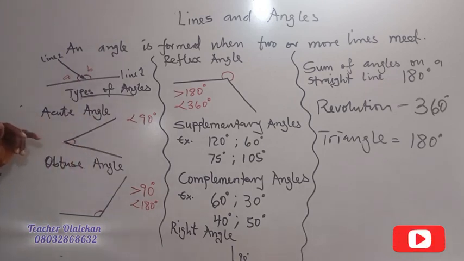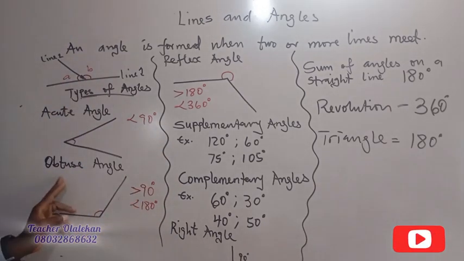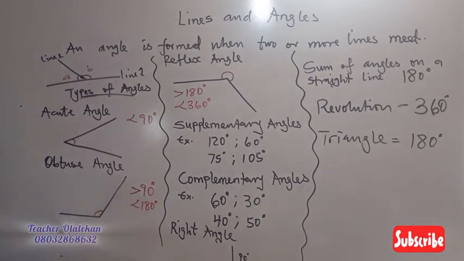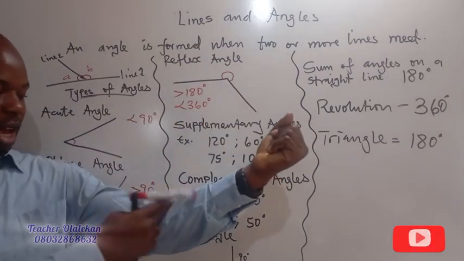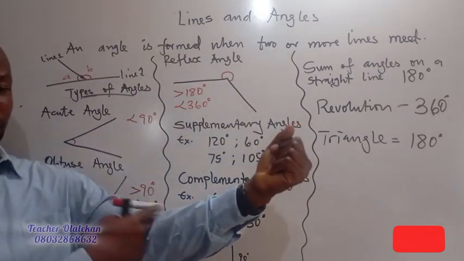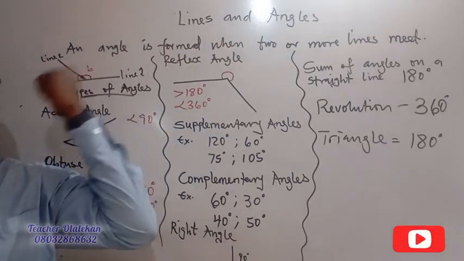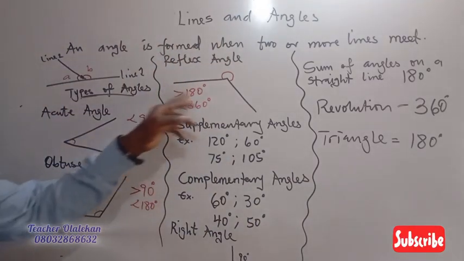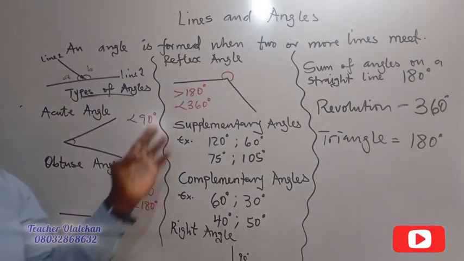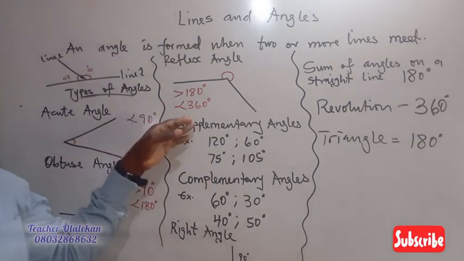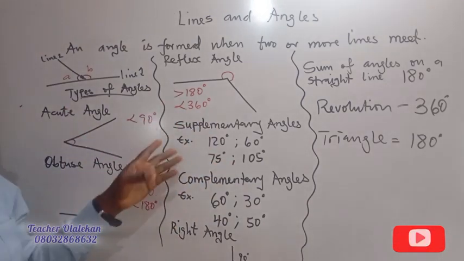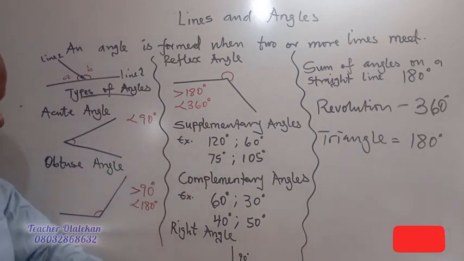So the types of angles are these. Acute is less than 90 degrees, and it always folds up like this. Obtuse is greater than 90 but less than 180, and is always like this, like your elbow coming up. It is not entirely straight, but it is not folding up like an acute angle. Reflex is an angle that is greater than 180 but less than 360. Supplementary angles are pairs of angles that add up to 180 degrees, while complementary angles are pairs of angles